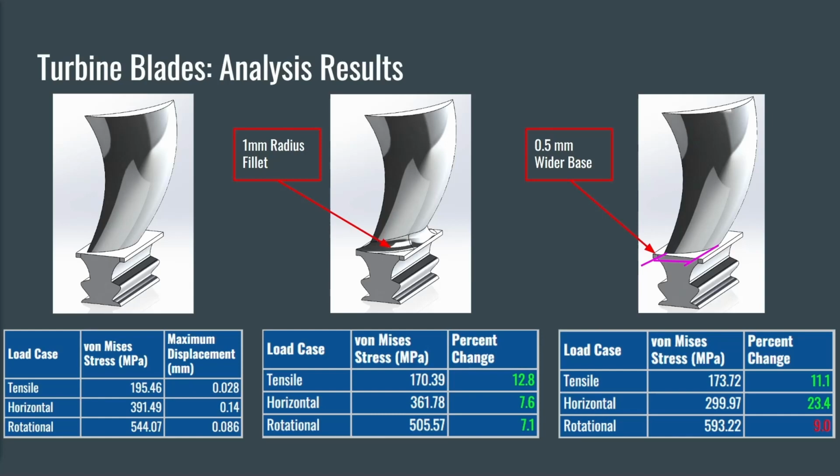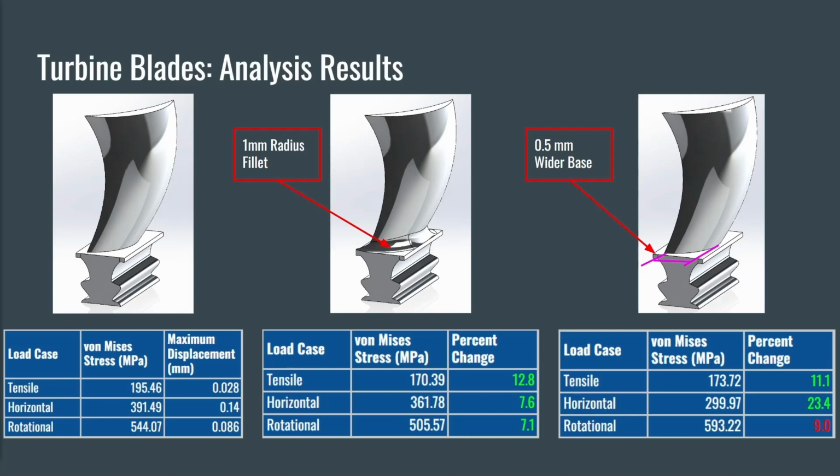After these studies were complete on the initial design, two design iterations were then implemented. First was a 1 mm radius fillet around the base of the fin, and second widened the base of the fin by 1/2 mm. When comparing the results of the studies, we can see that the addition of a filleted base decreases the stress that is endured by the part in all loading cases. So we can conclude that the addition of a filleted base better decreases the chances of cracking and possible engine